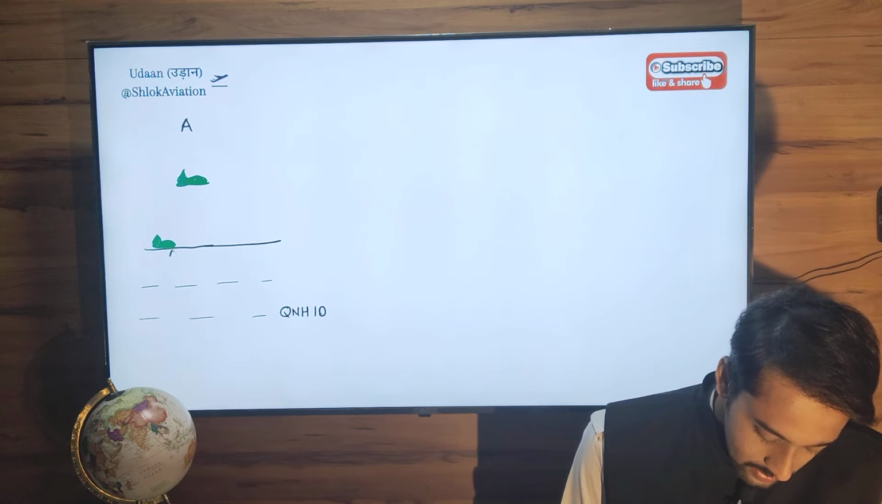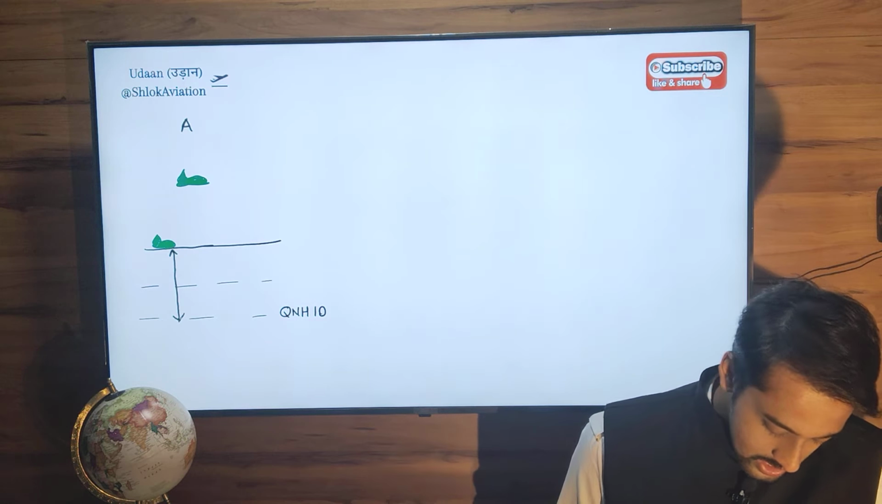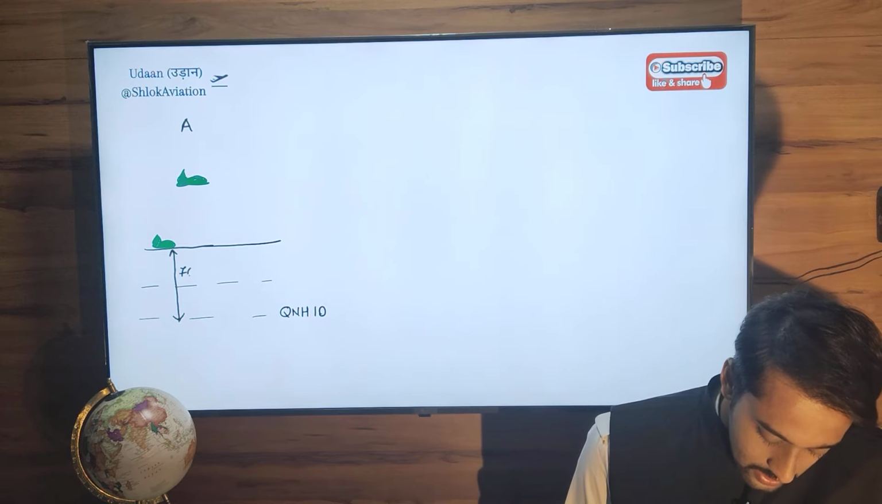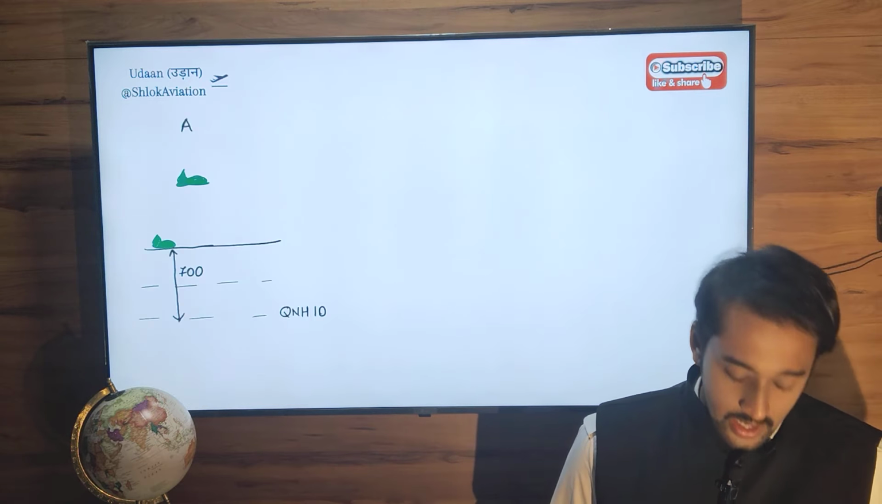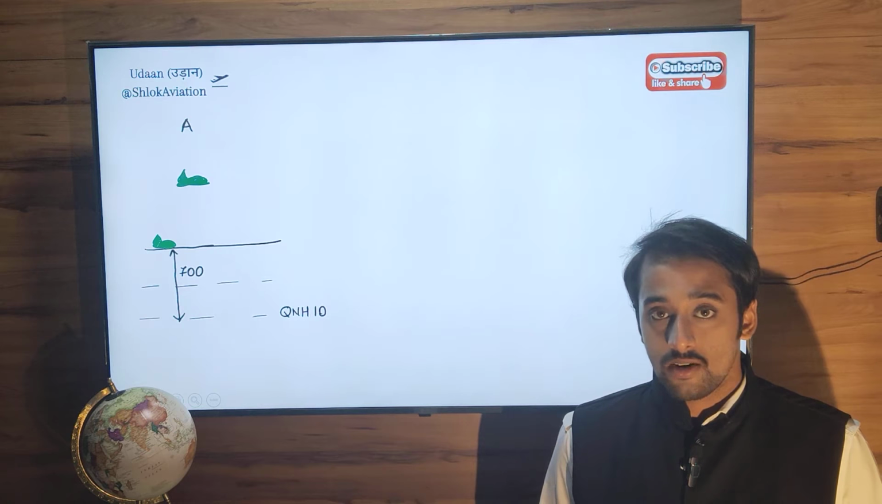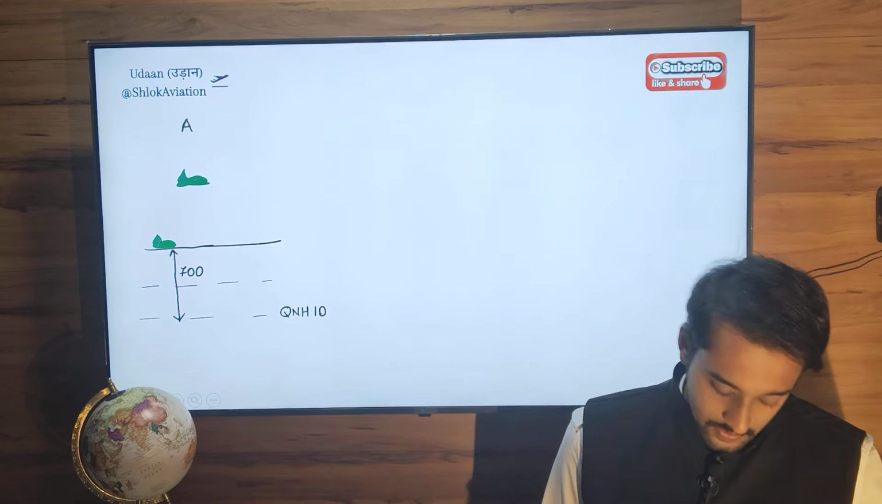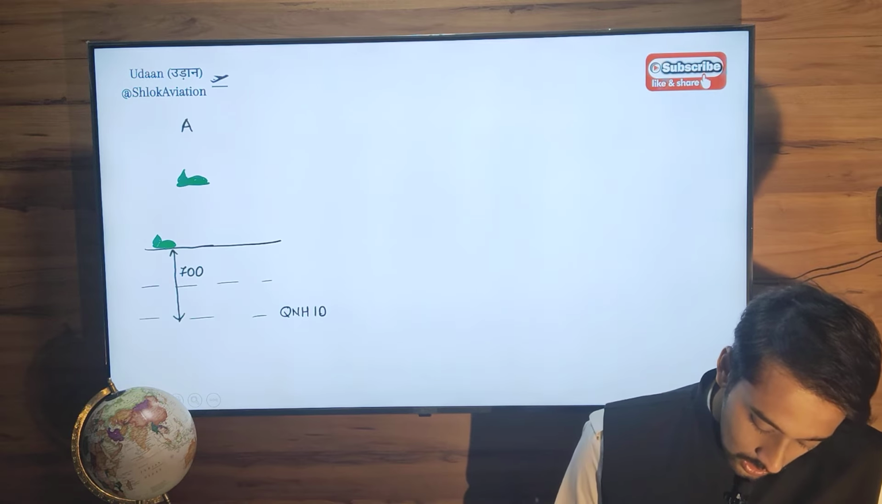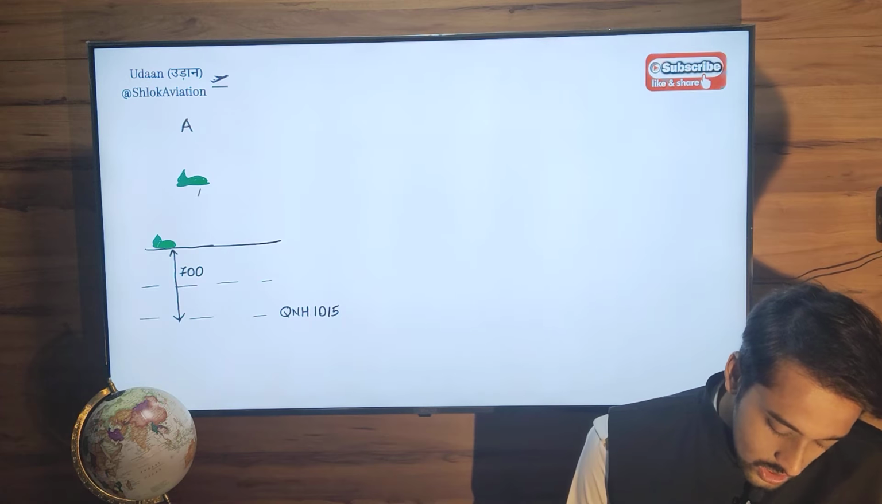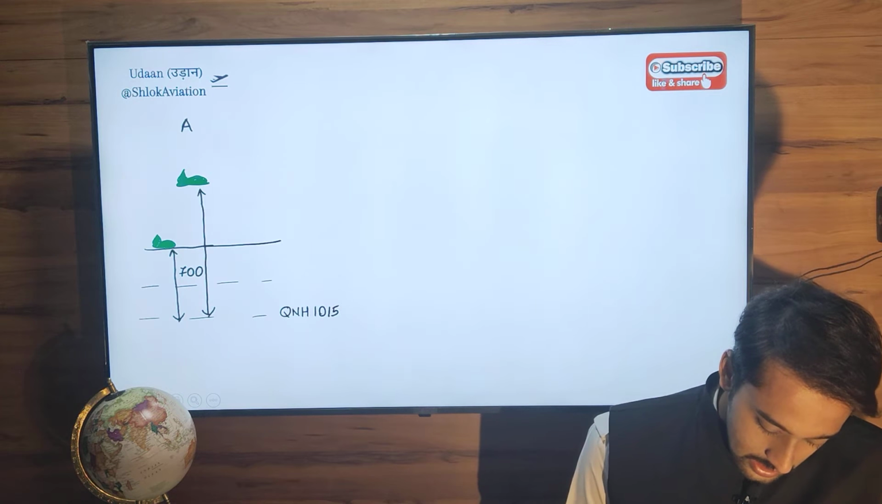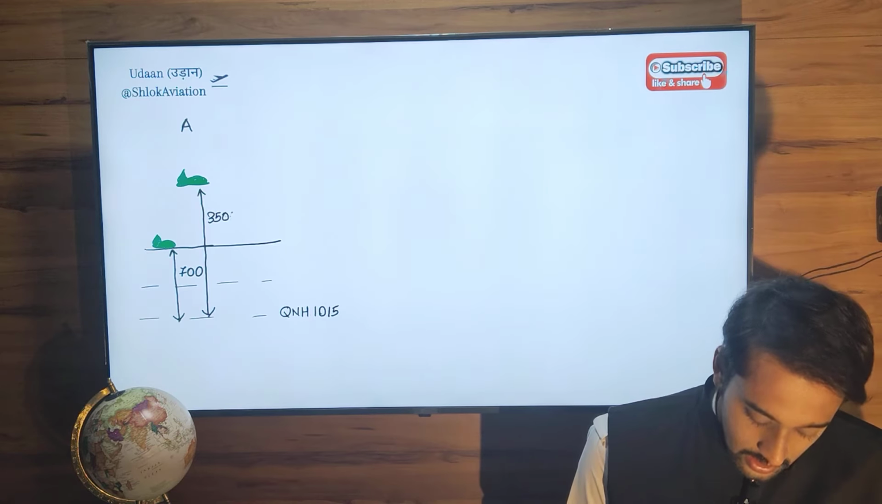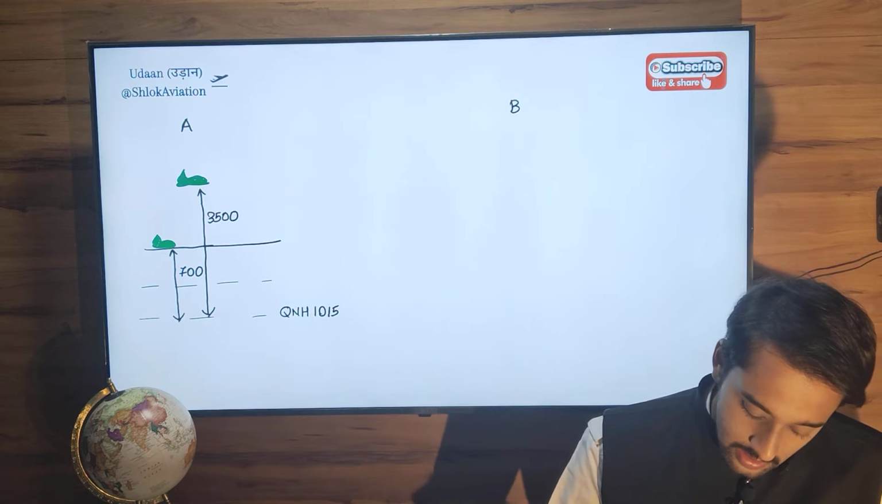So let's draw that. Elevation is 700. Next point, altitude 3,500 feet. All altitudes are measured from QNH, or mean sea level. So that is 3,500 feet. Now when it goes to place B,